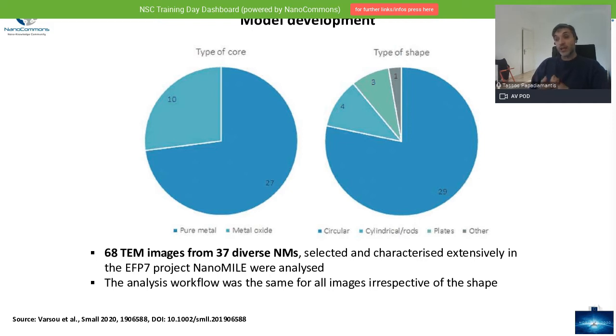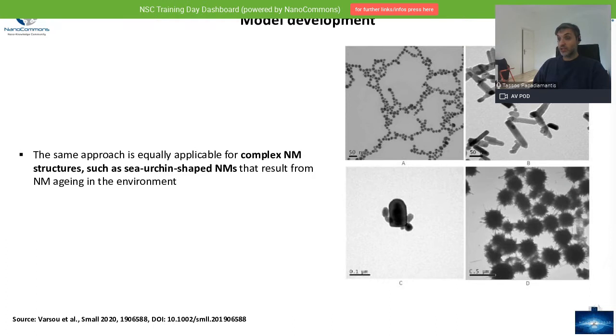The majority of the images were spherical, and then we have rods, plates, and some other images that originated mainly from aging the particles, as we will see in the process. We used the same approach to develop the model in order to do the measurement of the different descriptors, which we applied in different types of materials. As you can see here, we used spherical, rods,